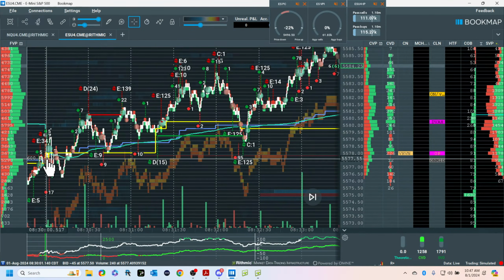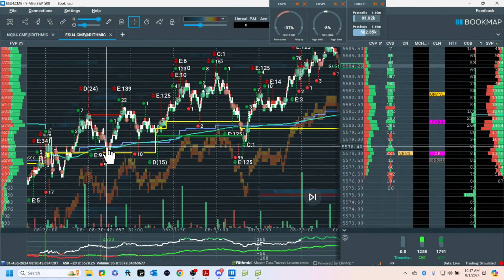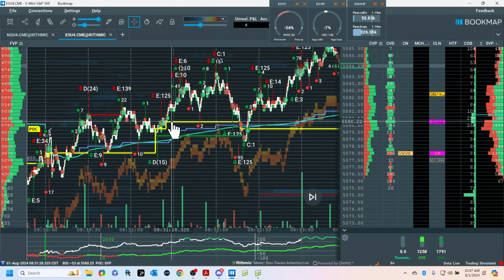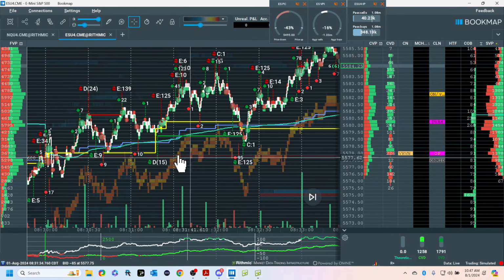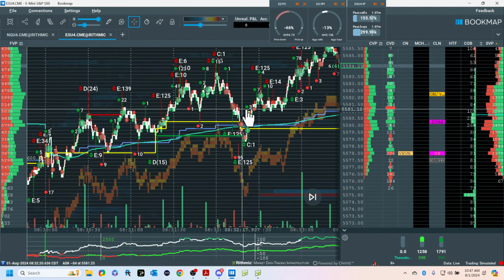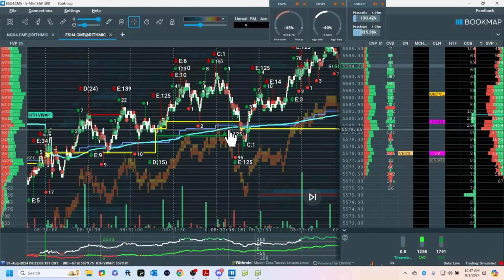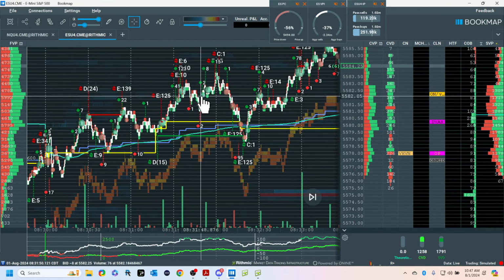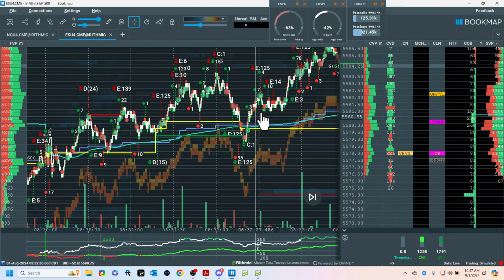So, RTH open. Here, break high, test the price. Too low. Break high, too low, break high, pull back. Who knows? Your stop would be under here. This is the VWAP in the mid. We all know you can buy the VWAP in the mid if that's in your plan. This is your resistance. Notice the reaction at the micro high volume right here. This is how this thing works.